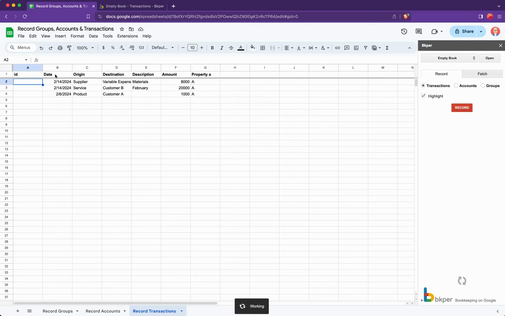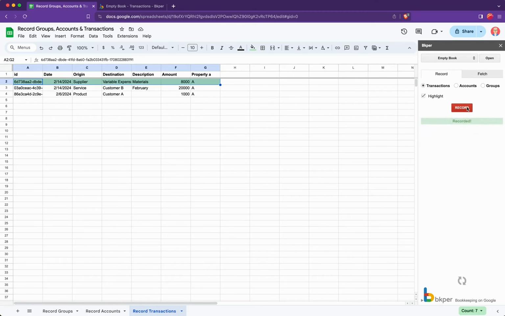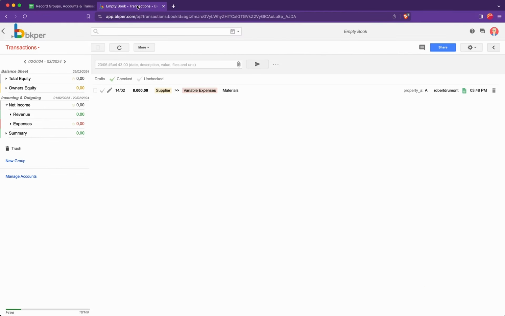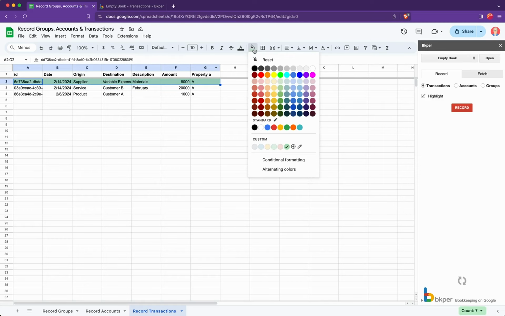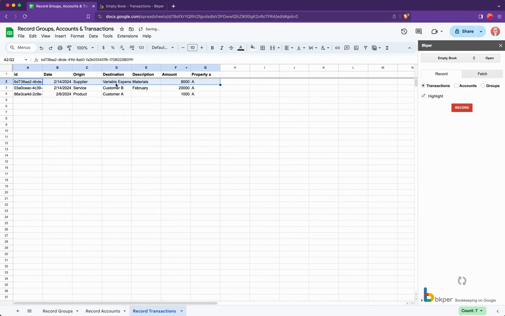For this to work, you have to have the first row frozen and one ID header. Select the cells again and press Record. There is the new transaction. You cannot see the ID. Remove the green for a moment. I'll select the cells again